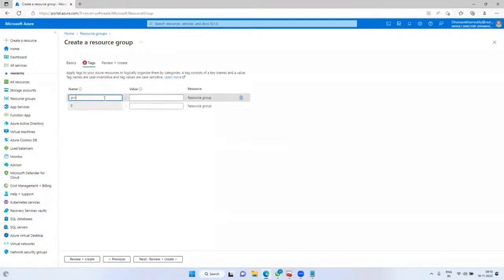I can say project. What is the project? .NET. Okay, project is .NET. Next, environment. I have created this resource group for the production environment. Production environment. Next,